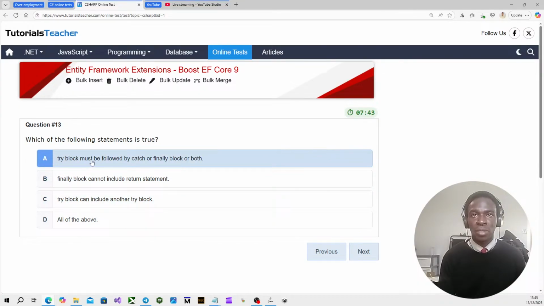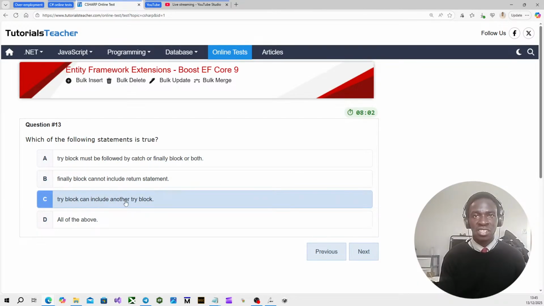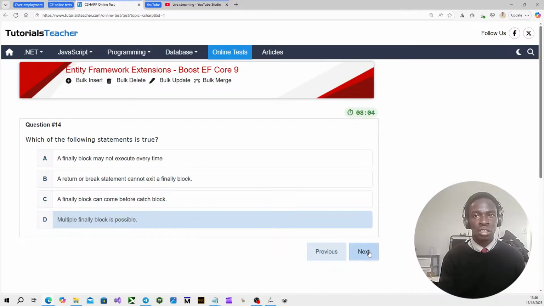Because I know a try block must be followed by a catch. You can't really have a try without a catch. So this is already correct, it seems. I remember once I was using a finally block, and I think I tried to return, it didn't work because finallys inherently return, and try blocks you can multi-nest. So I'm gonna go for D.